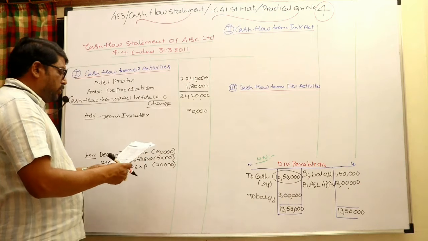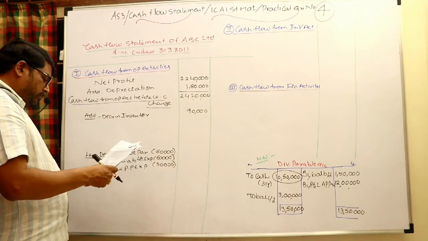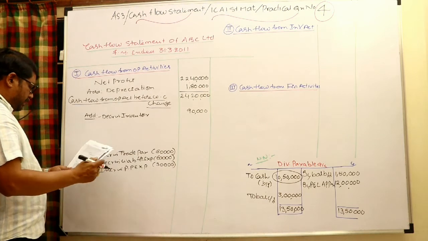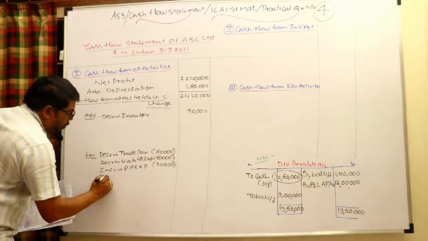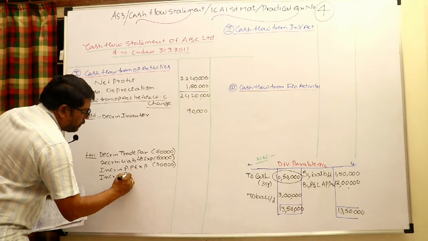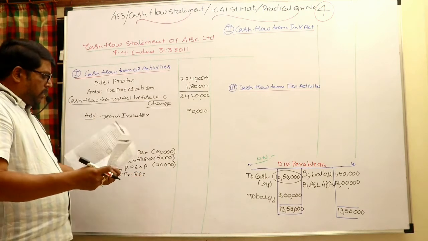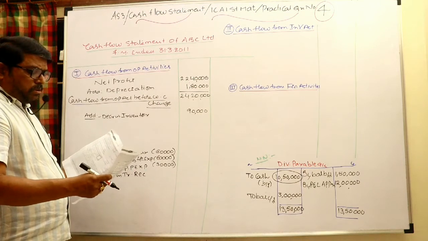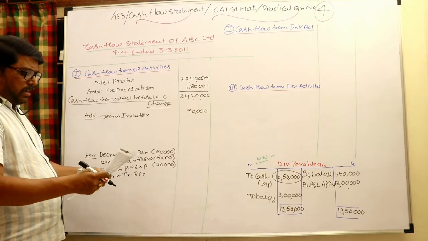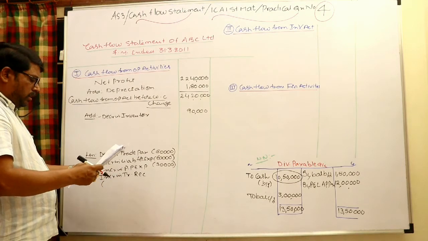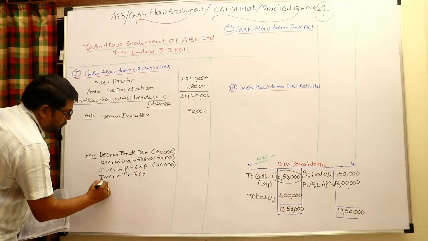Current asset increase, which is an outflow. Okay, increase in current asset, which is outflow. There is an increase in trade receivable, written within brackets. What was the trade receivable? 28 lakh 30,000. To 28 lakh 30,000 we should add how much? 2 lakhs 30,000, and it would be 30 lakh 60,000.